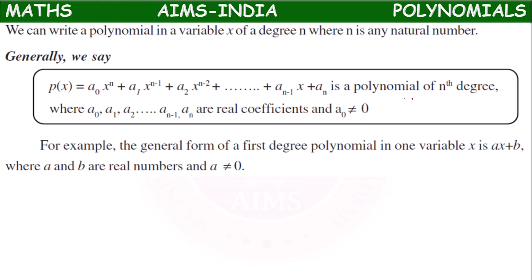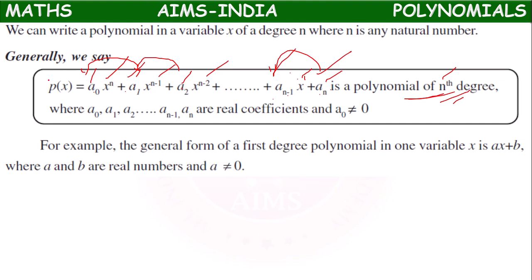So children, like this we can write a polynomial of nth degree. By writing a polynomial of nth degree, the variable x power starts with n, n minus 1, n minus 2, ..., x power 1, x power 0. Like that all variables with exponents will come. While writing coefficients, as we are starting with a0, a1, a2, last one an, before that one an minus 1. Because before a2 we have a1, before a1 we have a0. In the same way, before an we will be having an minus 1.